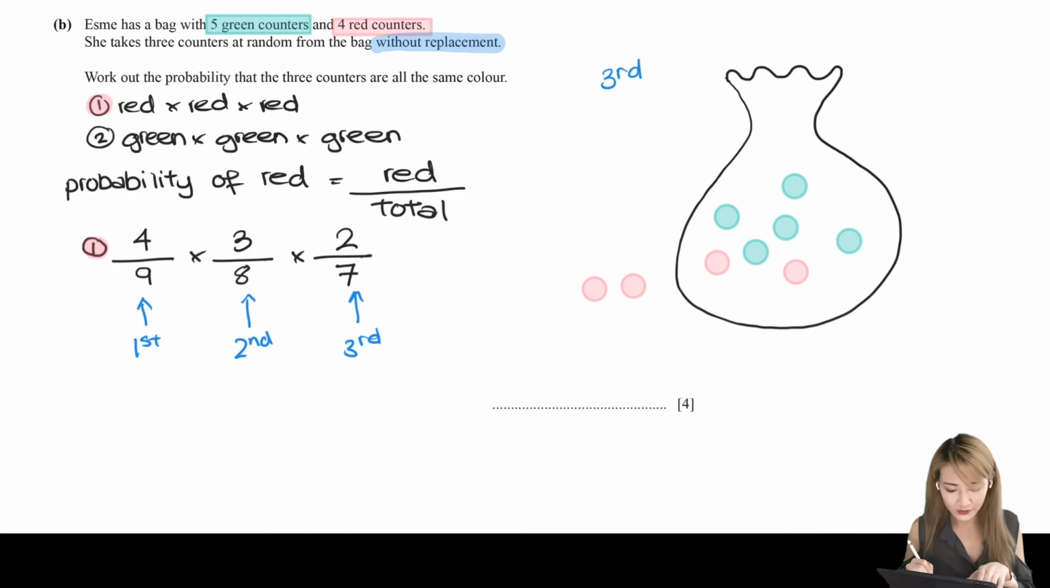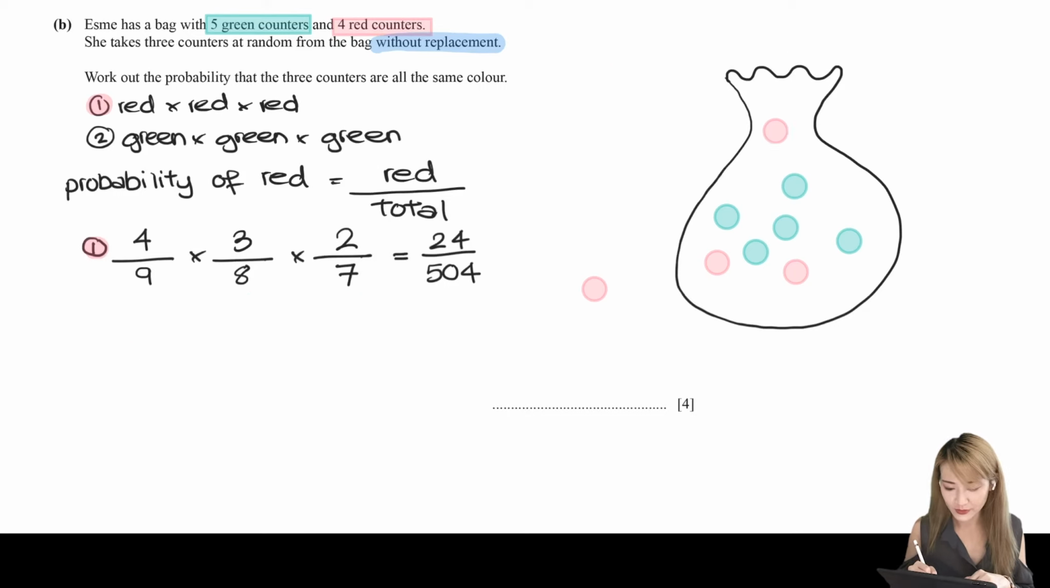And that will equal 3 multiplied by 4 multiplied by 2, so that's 24, over 9 multiplied by 8 multiplied by 7, which equals 504. So this is the probability of picking 3 red counters. And if we put that all back in,